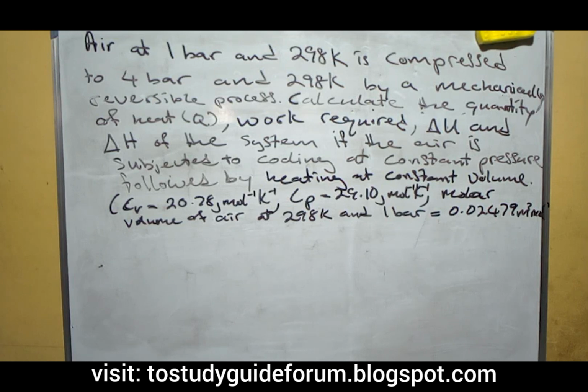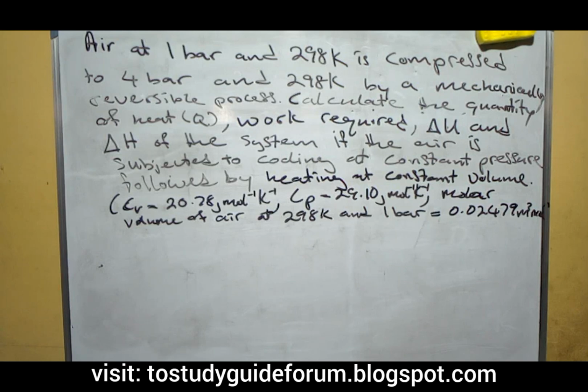We have the specific heat capacity of air at constant volume to be 20.78 joule per mole per Kelvin, and the specific heat capacity of air at constant pressure to be 29.10 joule per mole per Kelvin, and then the molar volume of air at